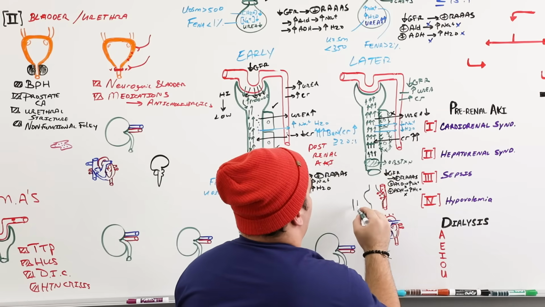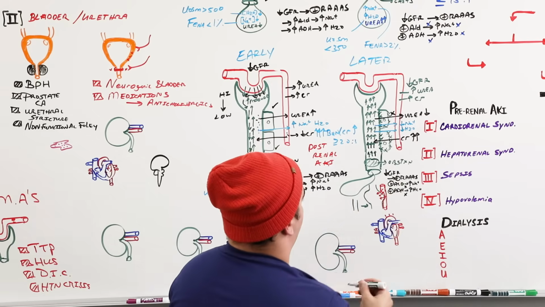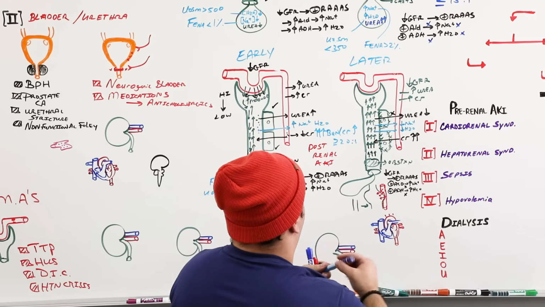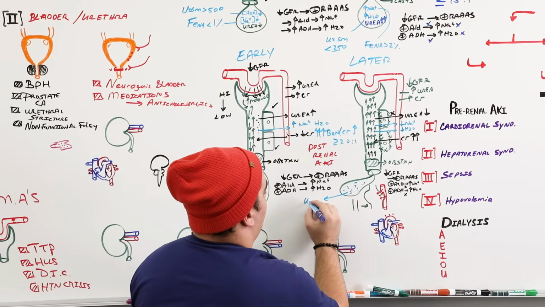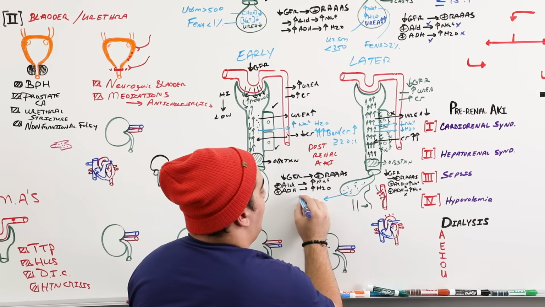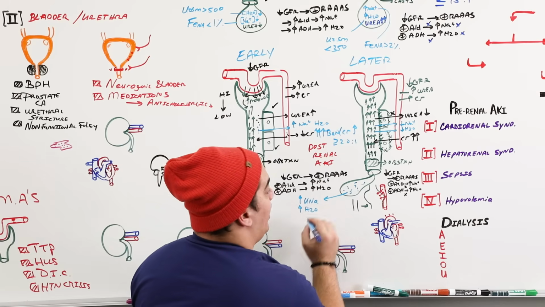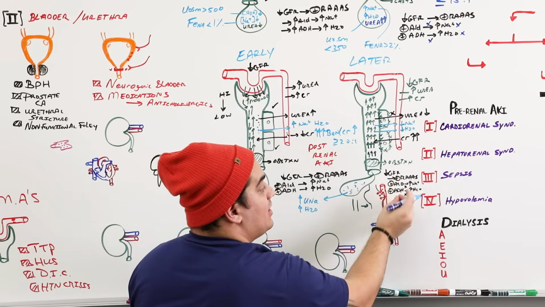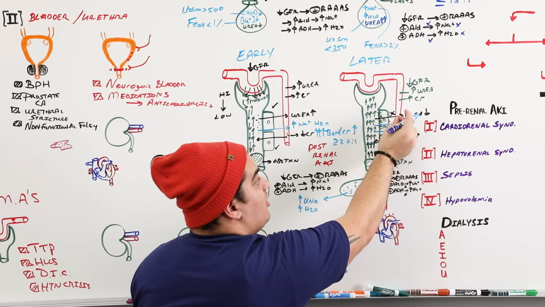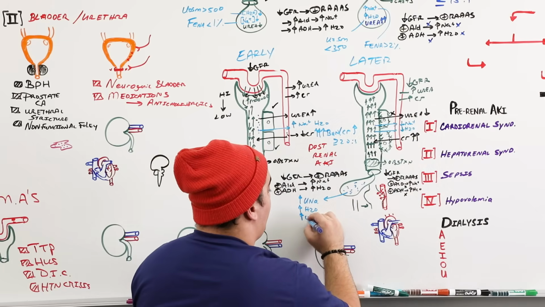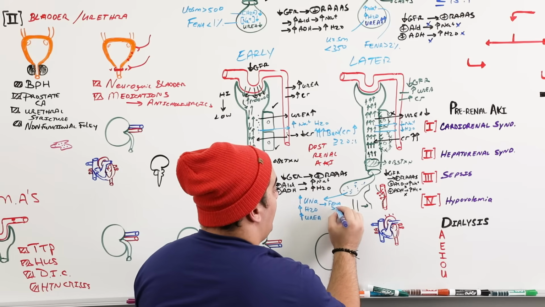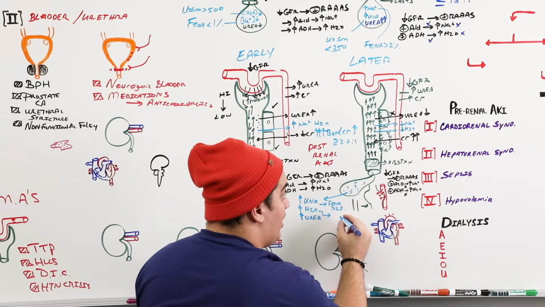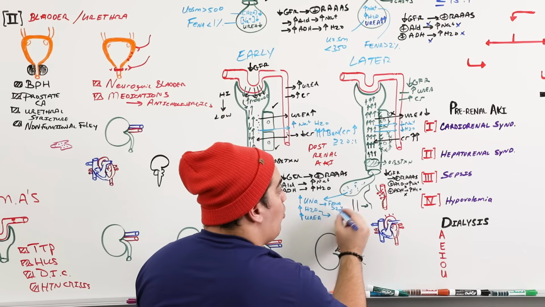And so effectively, what happens as a result to the actual urine? If we were to look at it like this, here, we'll do it like this so that we can make some room. What happens to the amount of urine sodium? The urine sodium will be high. What happens to the amount of water? It'll be high because you're not reabsorbing it via this process and you're not reabsorbing it via this process. What happens to the urea? Well, you can't reabsorb it. So the urea goes up. What happens to the fractional excretion of sodium? It goes up, greater than 2%. What happens to the water leading to the osmolality of the urine? Well, there's actually more water. If there's more water, it's more dilute.